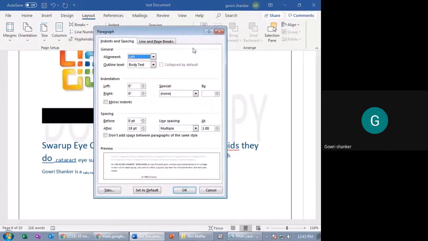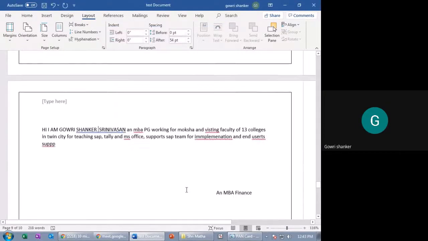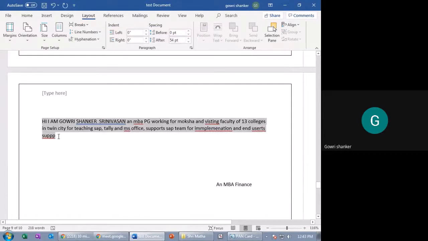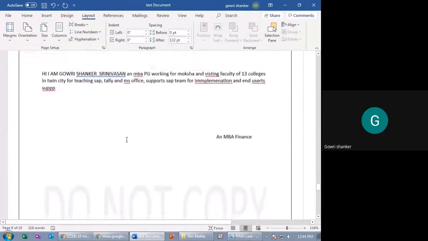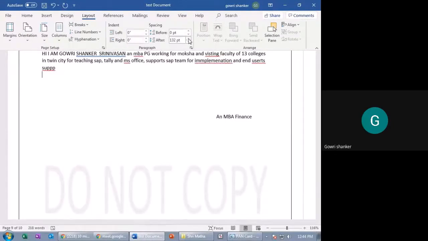Spacing I added afterwards 18. The spacing will only reduce automatically.